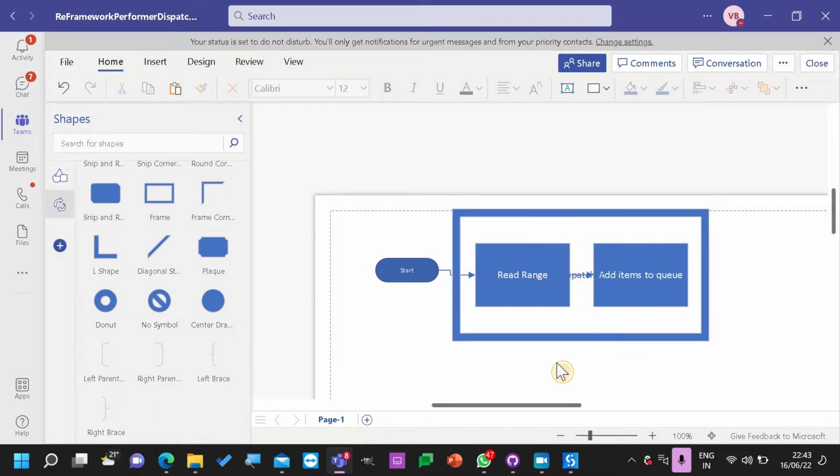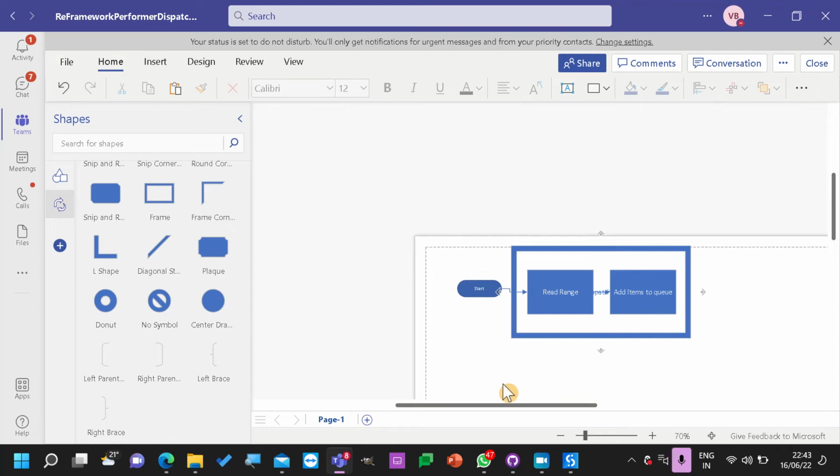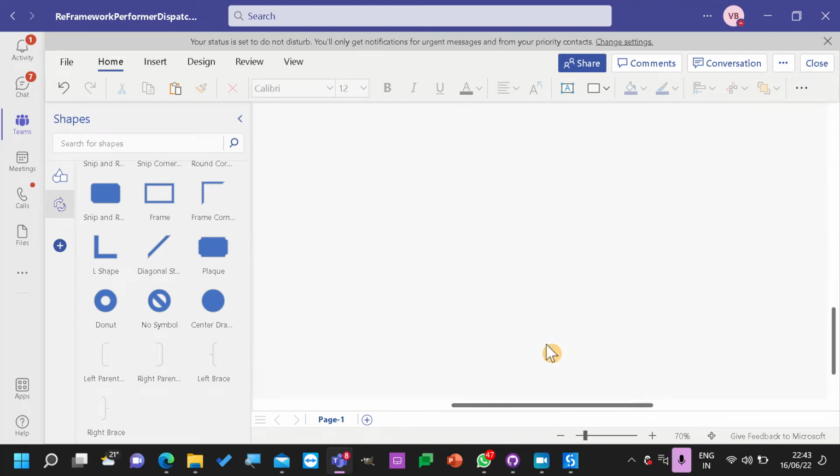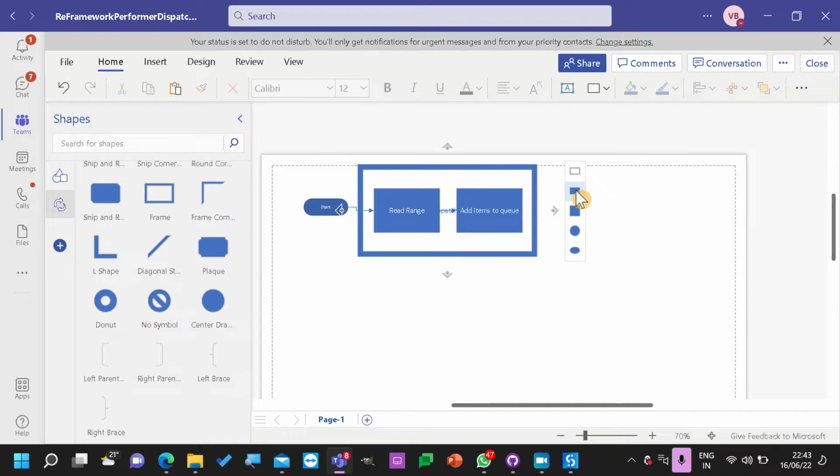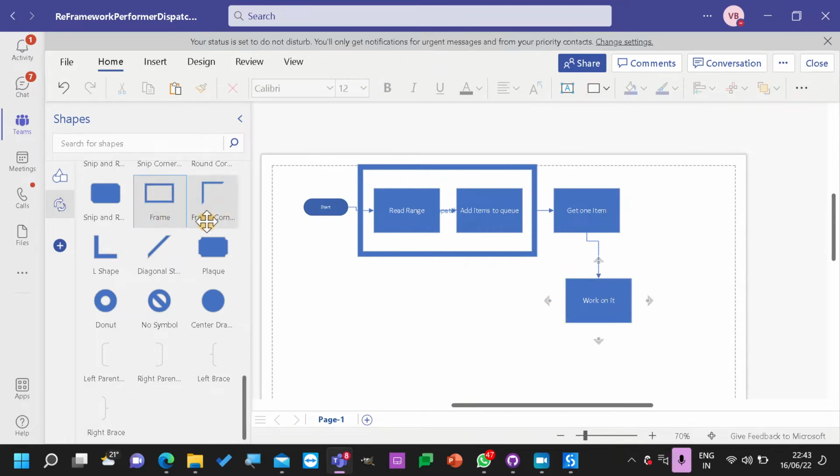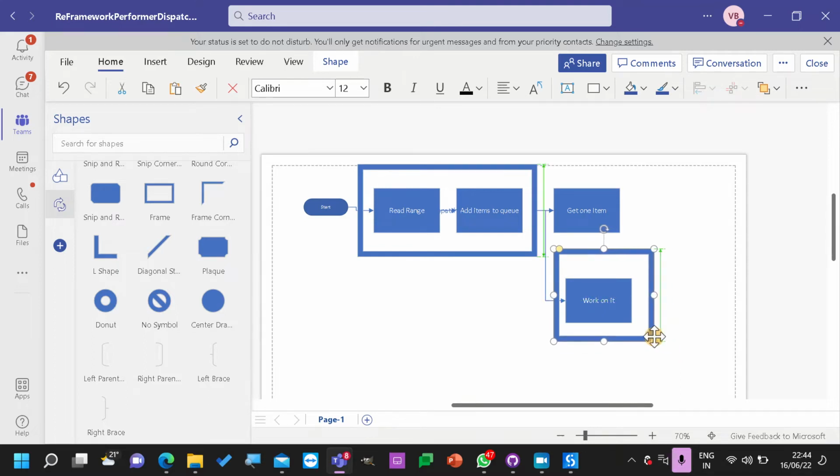Now after completing the dispatching, what exactly is happening? We are trying to get one item, and then work on this. So this is perform. Work on it. So can we say this as performer? Yes.